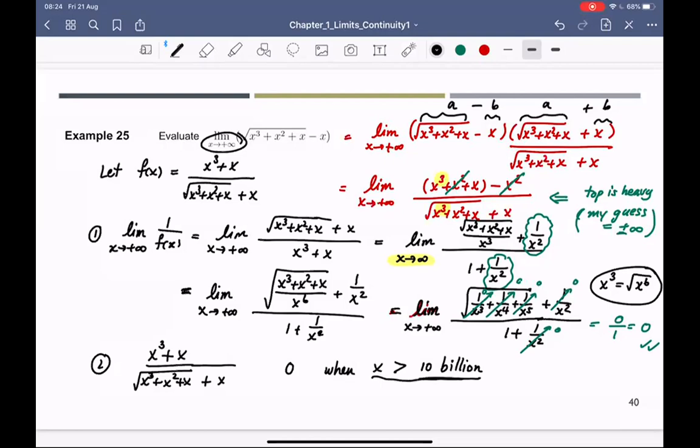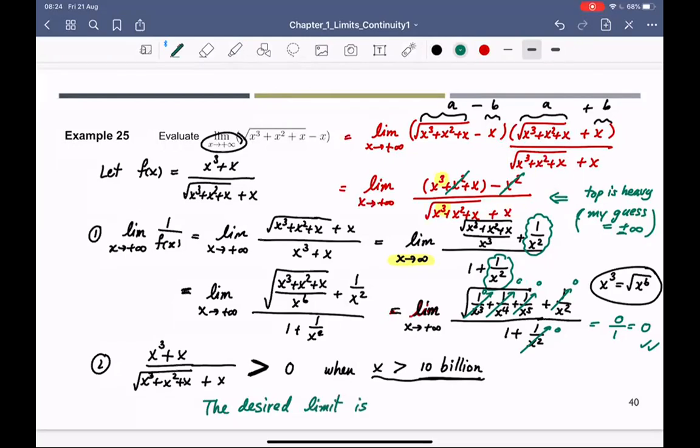So after x greater than 10 billion, if you plug a big number into this function, anyway, you're going to get a positive sign, right? Because it's x cubed plus x, and then over something, everything in the fraction here is all positive, so it's going to be positive anyway. So your conclusion is going to be, so the sign limit